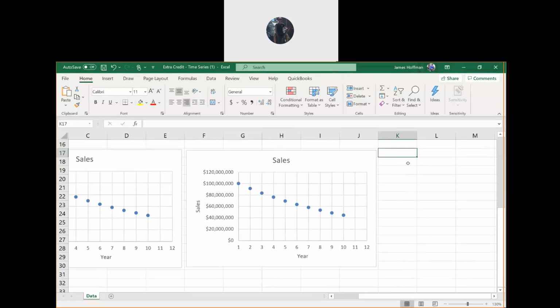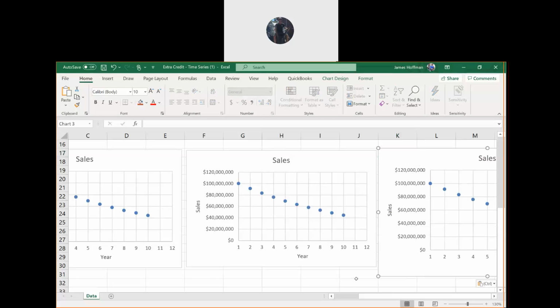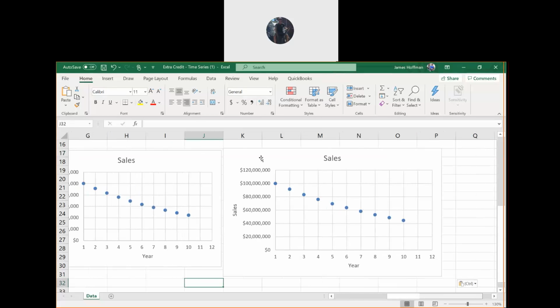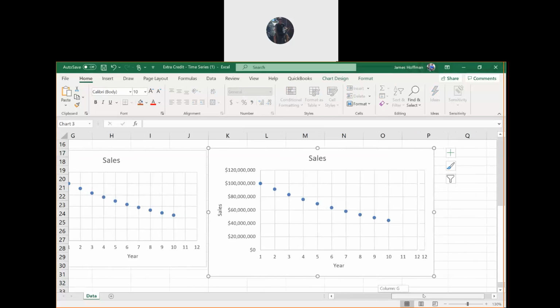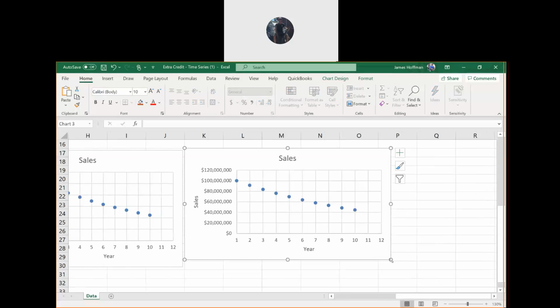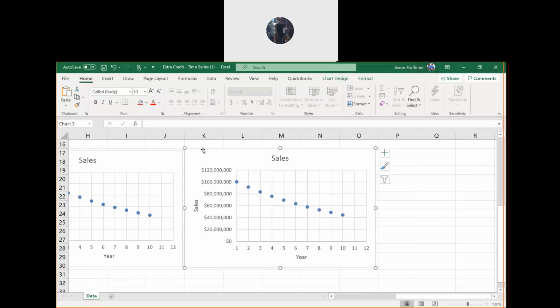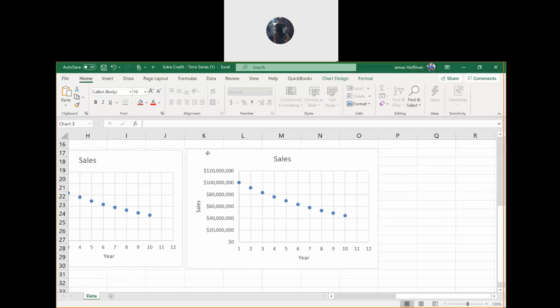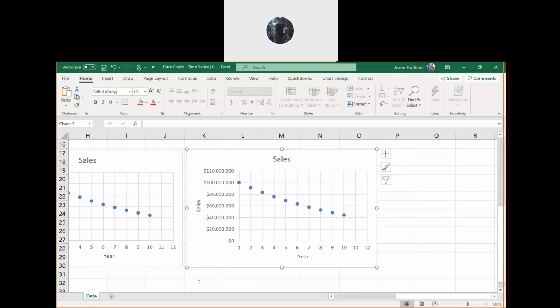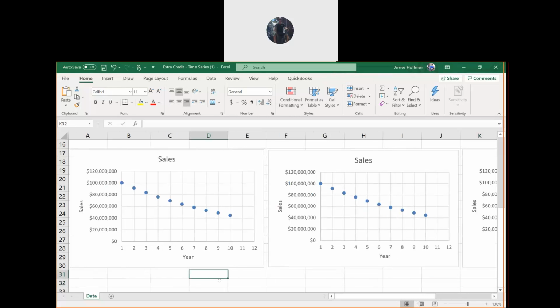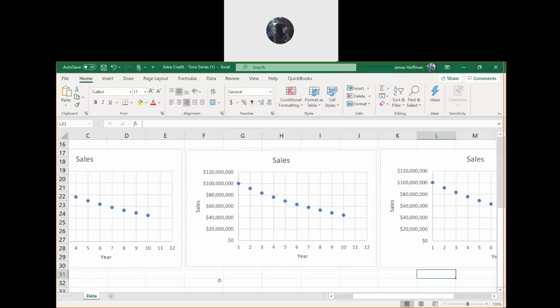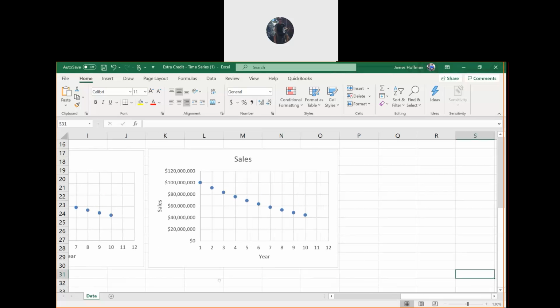Okay, and then let's paste it one more time. So click on another cell and just hit Control V again, and it should paste it again. All right, there we go.